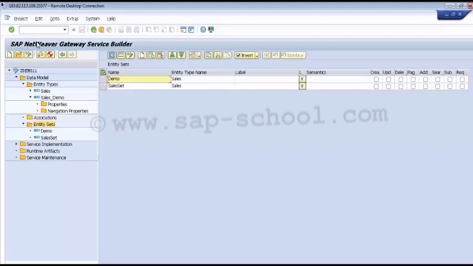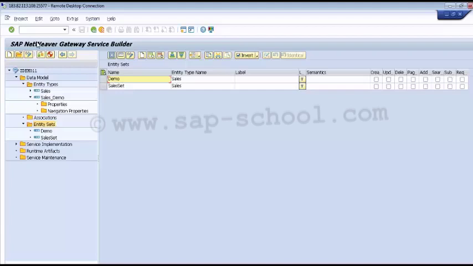Or we can use the mass edit view, in which we can create and edit the different individual artifacts needed for an association using the mass edit view of the data model. So we can define a minimum set of information for an association using the association wizard, and we can enhance it using the mass edit view.